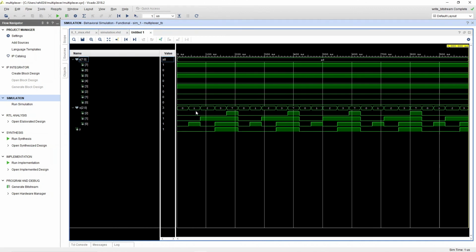When the select is 0, I am getting y as the data input 0, which is consistent with D0. For 1 I am getting its corresponding input, for 2 also, and for 3 also. And for 7, when select is 7, I am getting D7, so that is reflected. So this is working perfectly.